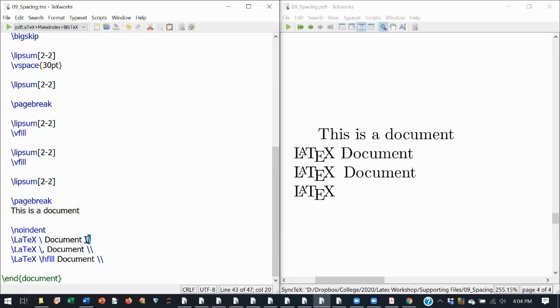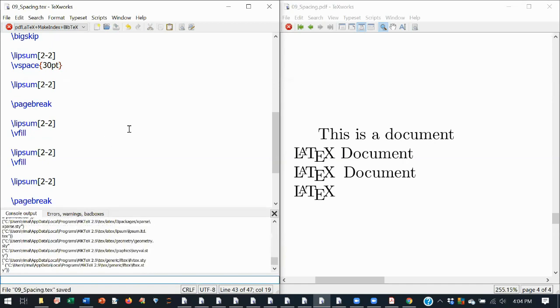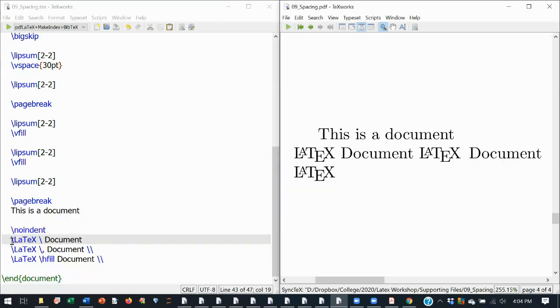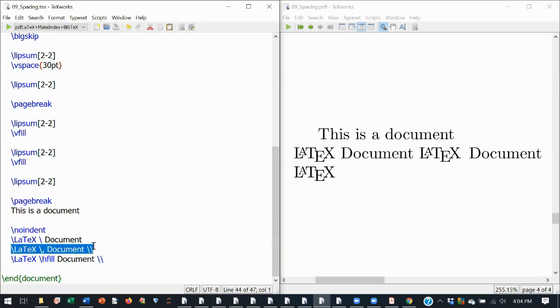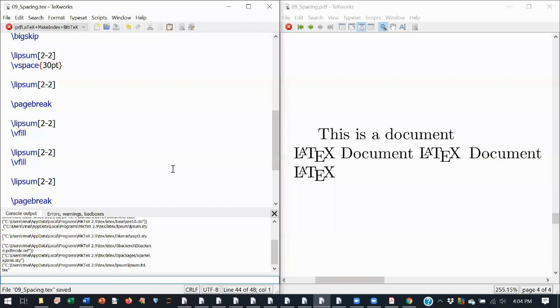So these two slanted lines are there, right? Why these two slanted lines? If I remove these two slanted lines, what will happen? I have removed them and I'm compiling. LaTeX puts the first line and the second line into a single line. So if you are writing 2 paragraphs and there is no space, or only a single space between them, LaTeX will combine the 2 paragraphs into a single paragraph. So there must always be a blank space between 2 paragraphs.